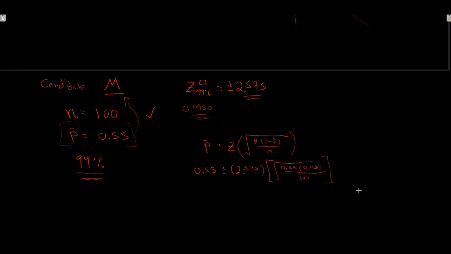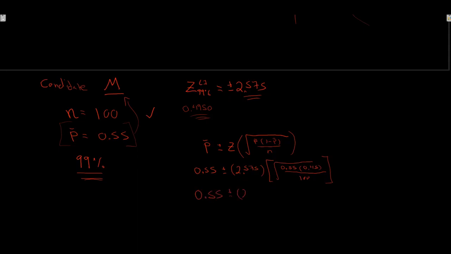Okay, especially for proportions here, we have a lot going on. I really recommend you calculate this in stages. The way that I typically do it is I calculate the standard error first. I do standard error times my Z value to get my fuzz, and then I work out the final. So let's do that. We have 0.55 times 0.45 divided by 100. We take the square root of all that, and that gives us